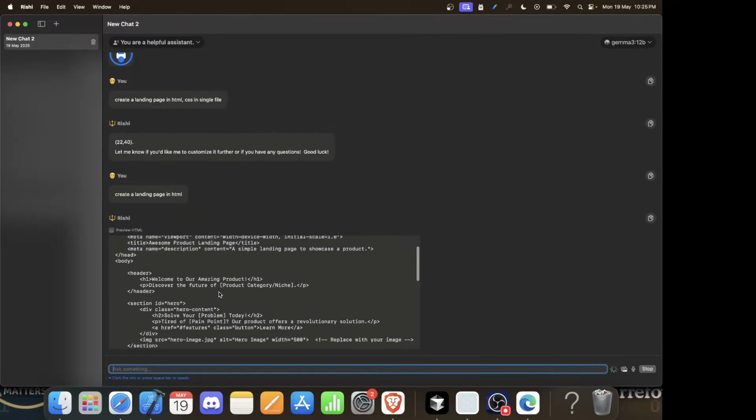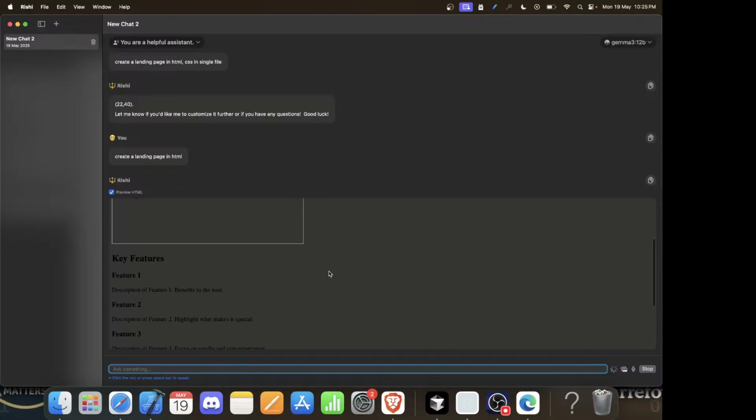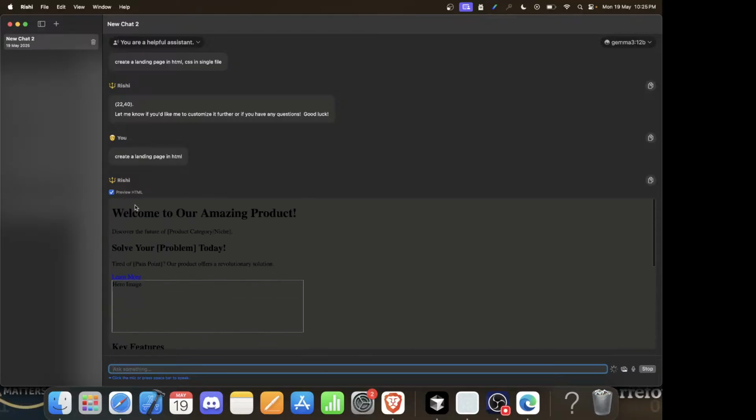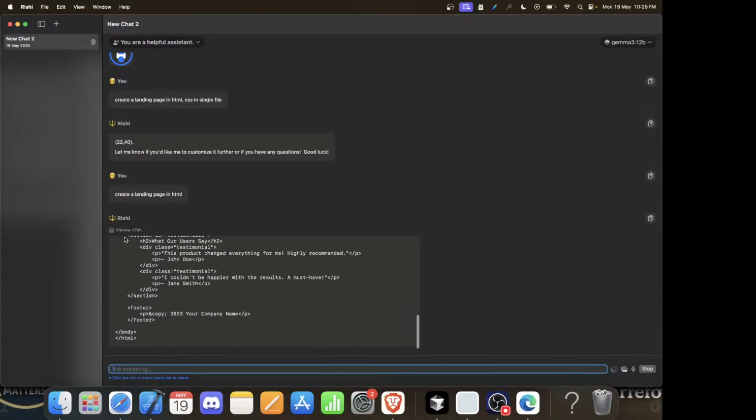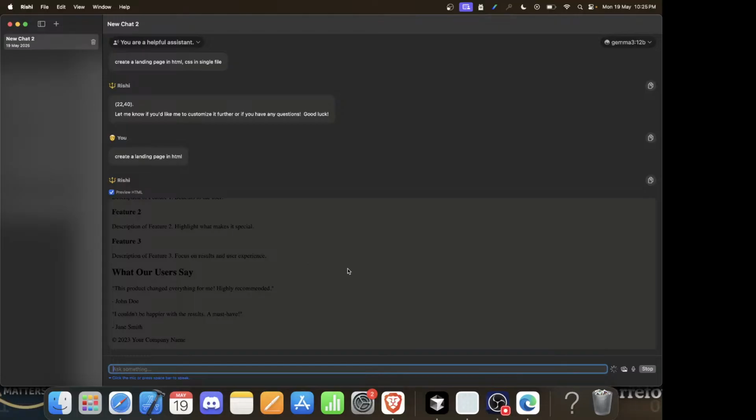So if you see here, we have this one and we can preview, and when we preview this one, we can see how it is, and यहाँ पे हम HTML को भी रेंडर कर सकते हैं, and you have this option as well. So preview किया, and then उसके बाद एक और है हमारे पास कि